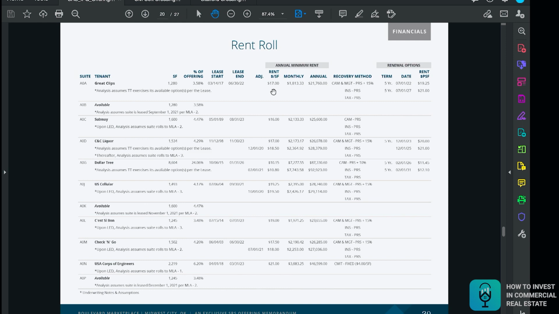So if you're interested in this deal, that's one of the first things you'd go back to them and ask for, the rent roll. If it's not on. Yeah, here it is. It's small, guys, but